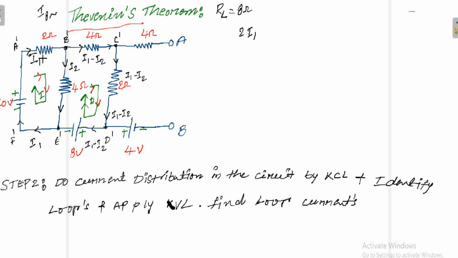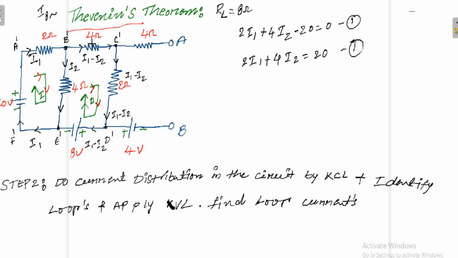The current in this one is 2I1, flowing in the same direction. So 4I2, 2I1, 4I2. In this, the 4I2 is flowing. Here, do we have anything? No. And it is pointing to negative, so minus 20 equal to 0. This is your equation number 1. From this, we get 2I1 plus 4I2 is equal to 20.